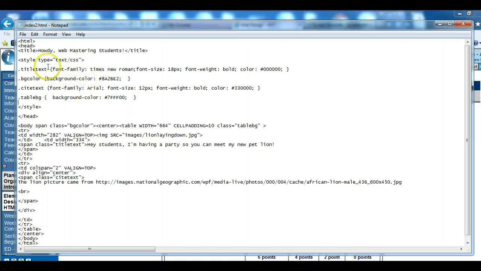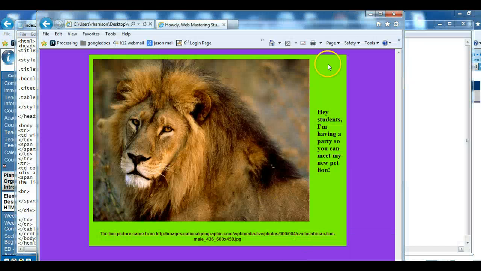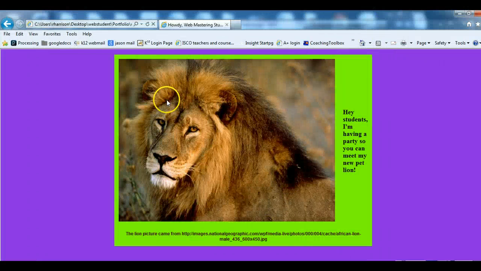Now the other thing I can do is right up here. It says, howdy webmastering students. This is Mr. H, so I'm going to change that. So now I'm going to do File, Save, so I save that again. Go back to my invitation, and this is what is meant by title. So I'm going to refresh. So now if I look at this, see up here at the top,